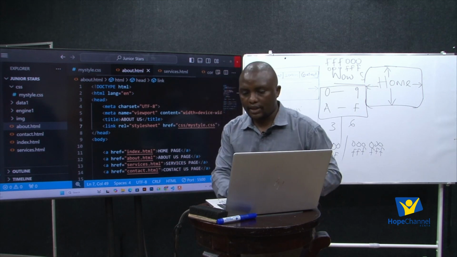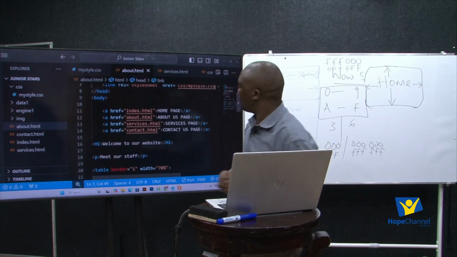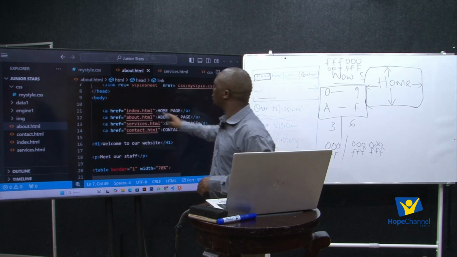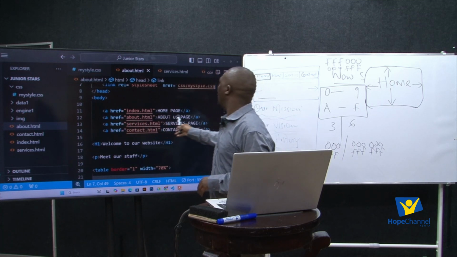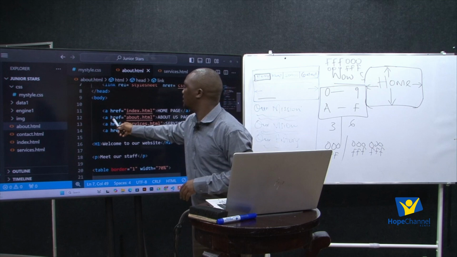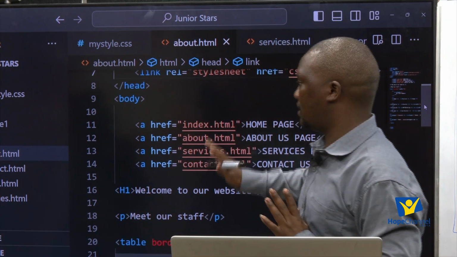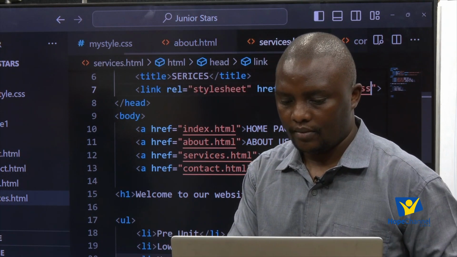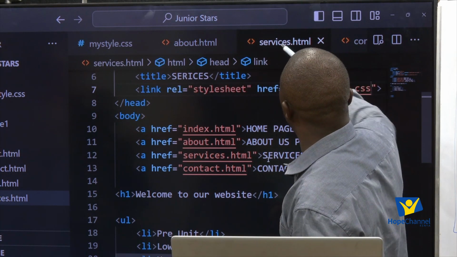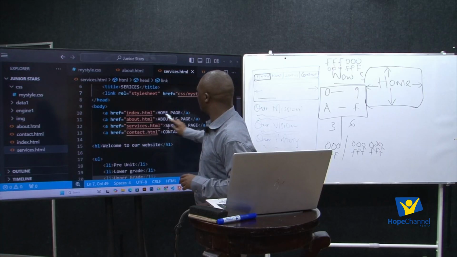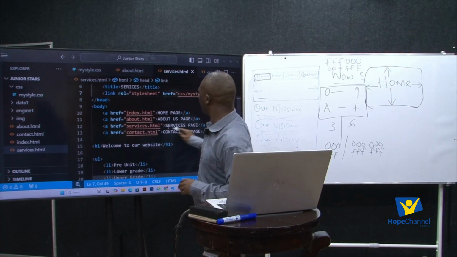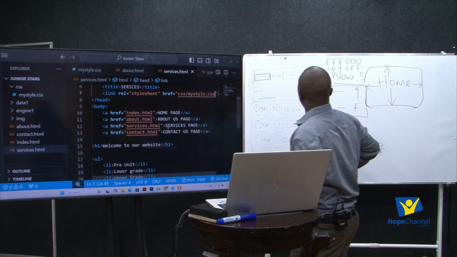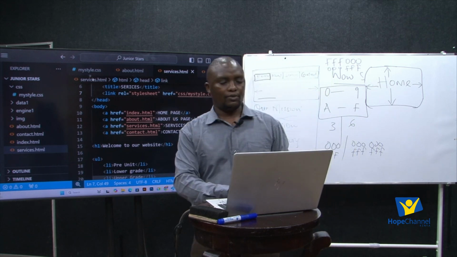So at this particular time, you can see what we have here. We have a links, but remember, we only want to change the a link of the about us part, leaving the others intact. When we go to services, for example, here, we want to change the a link of the services, which one? This one, but leave the rest intact. So what do we need? We need to come to the CSS,